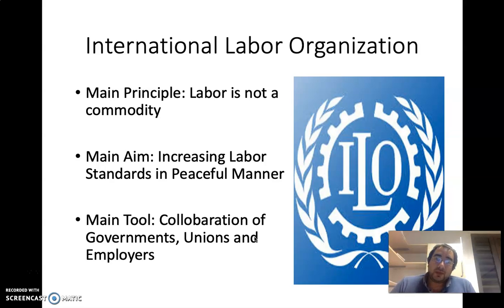And one of the ILO's key principles, which is written down, is that labor is not a commodity. It aimed to increase labor standards, both working standards and living standards of the workers, in a peaceful manner, not through revolution. And it basically encourages collaboration of governments, unions, and employers to come and sit together and discuss what improvements can be made. Well, basically, it is very much highlighting the US system. I will talk more on this in the next